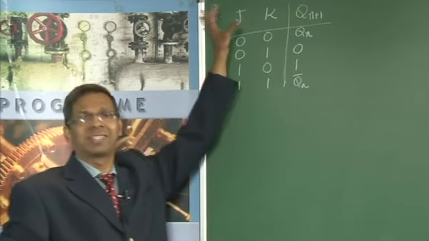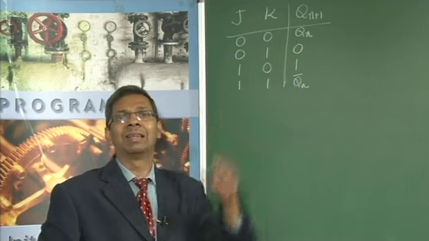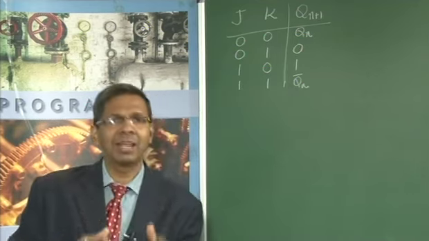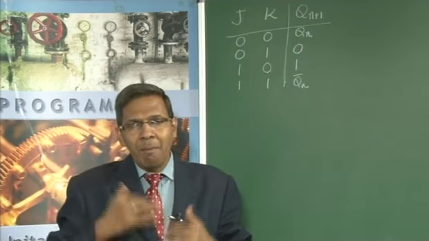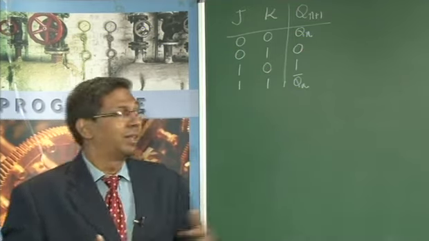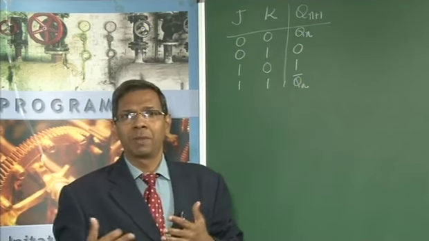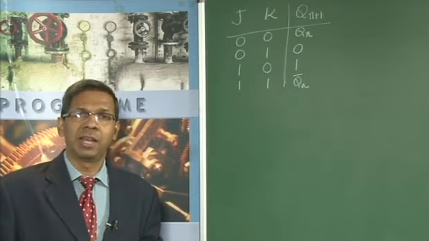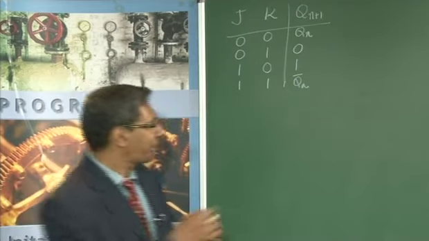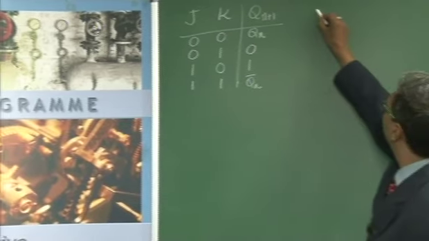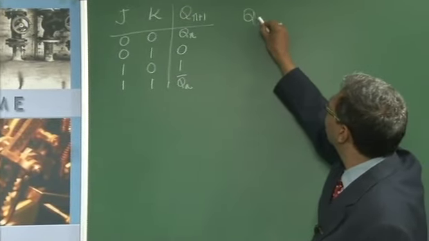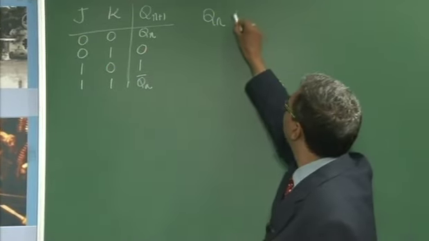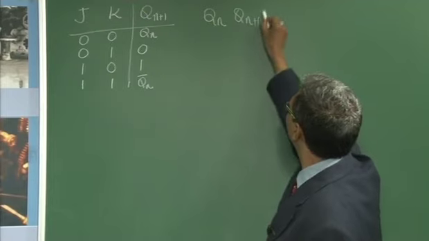Now this is what we've already studied. You must be wondering why I am telling this again, since it has already been covered. Now we are going to look at it in a slightly different way. This is a typical truth table. Now let us try to write a state transition table. What does a state transition table mean? Let me draw the table for that. Let us say the present output is Qn, the new output is Qn plus 1.